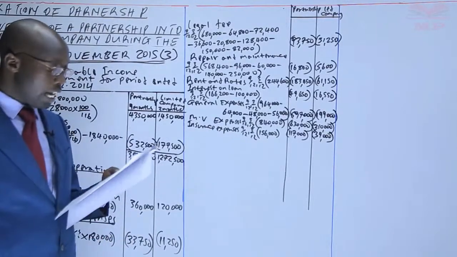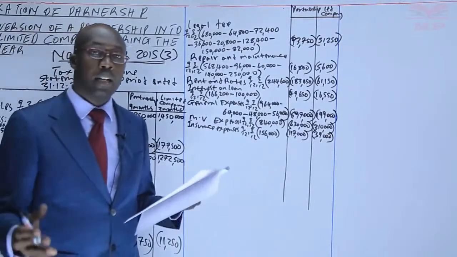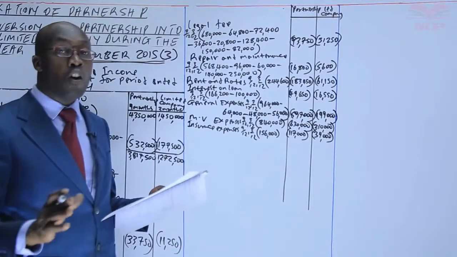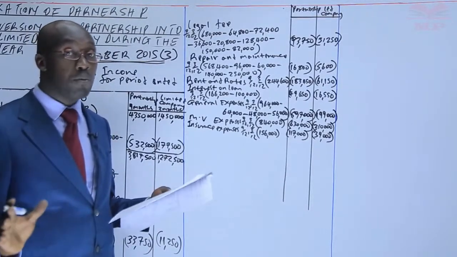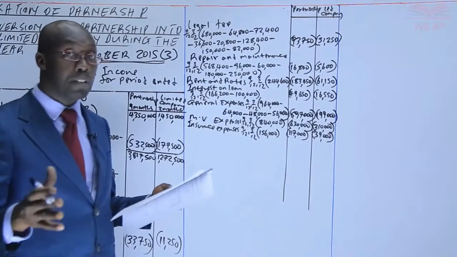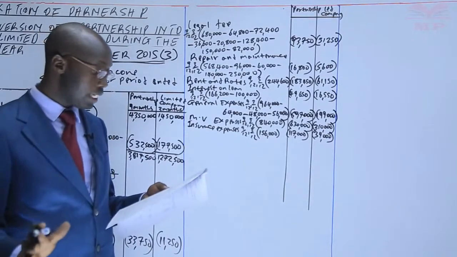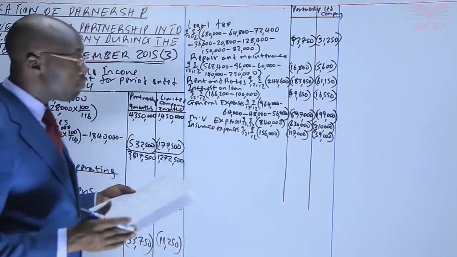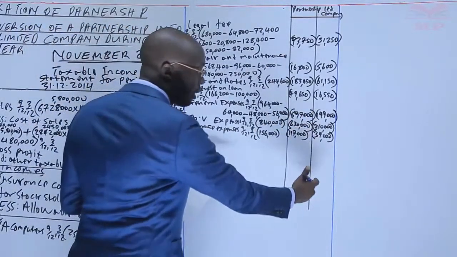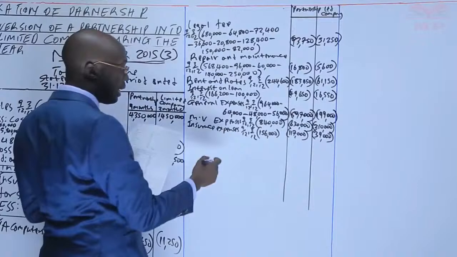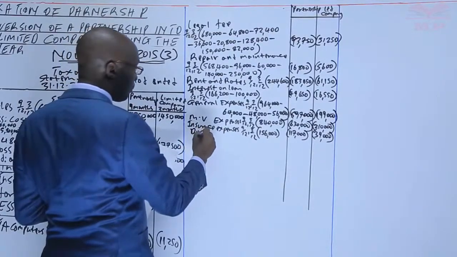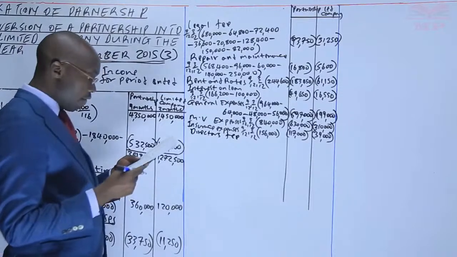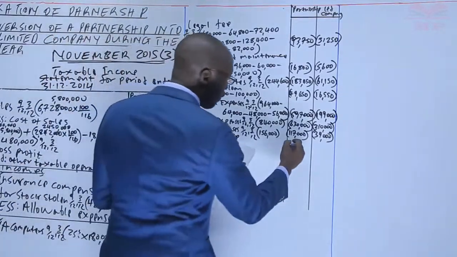After that, we have preliminary expenses. We said preliminary expenses are expenses incurred before you start the business. All these expenses are not supposed to be allowable before you start. Preliminary, before. We don't allow them, we said. The other one is director's fee. Director's fee is allowable, but it only relates to the limited company. That's what we said. Only a company has directors. So director's fee, which we have 600,000. So the whole of it comes here.